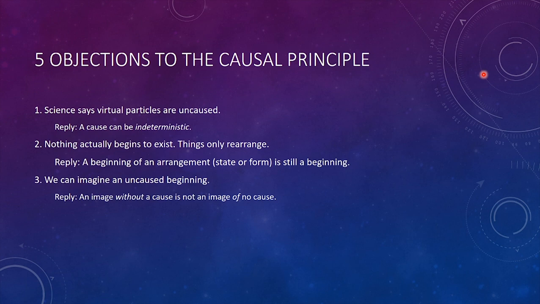Imagine a blue cube. You could imagine that blue cube appearing in your visual field. And in this image of the blue cube appearing, you're not also imagining the blue cube having a cause. So you're forming an image of the blue cube without also having some image of its cause. But that's not the same as actually forming an image of no cause. What I mean is the act of causing something is not something that you can visualize as an image. If you cause yourself to have a thought, that causation is not something that you form a picture of. It's something else. It's a kind of power that you are aware of, but it's not something that you form